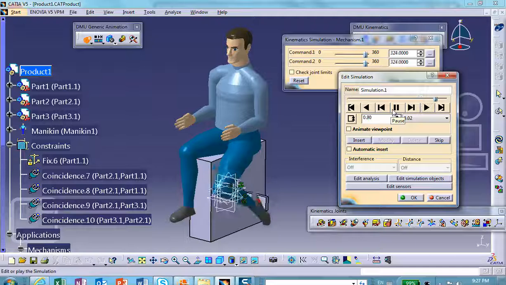I mean, if you want to do a good job, you have to look in the workbench. You have to learn more about it, and basically you have a fully developed mannequin with all the internal joints already created for you, and you can create a mechanism and attach it to